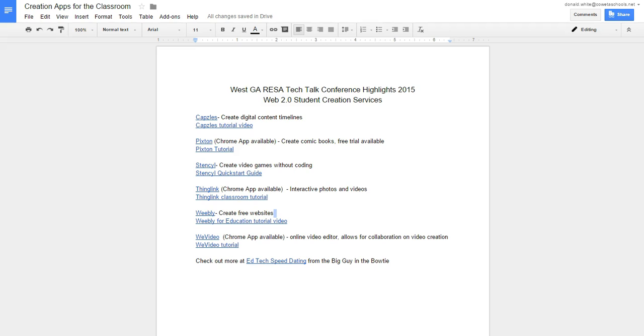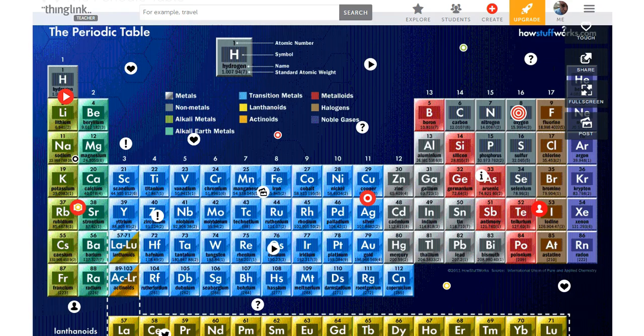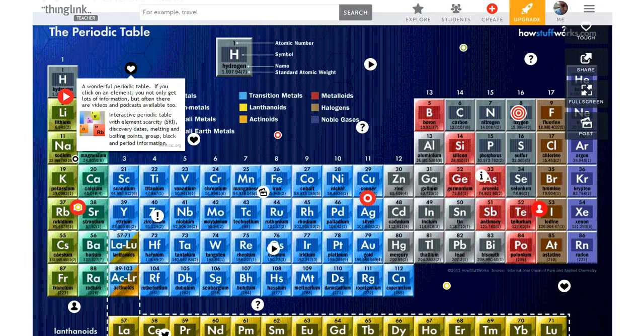ThingLink is a lot of fun. It allows you to create interactive photos and videos. So in this example here, I'm showing you a photo of the periodic table. What you've got listed in here are these hot buttons, and there are all kinds of different hot buttons that you can have in there, but they give you additional information. So like here, this tells you about what this object is that we're looking at,